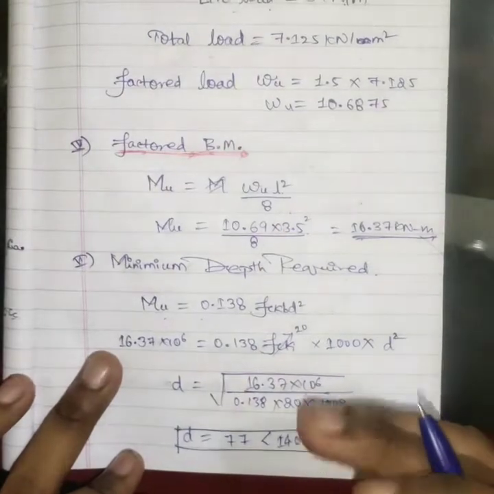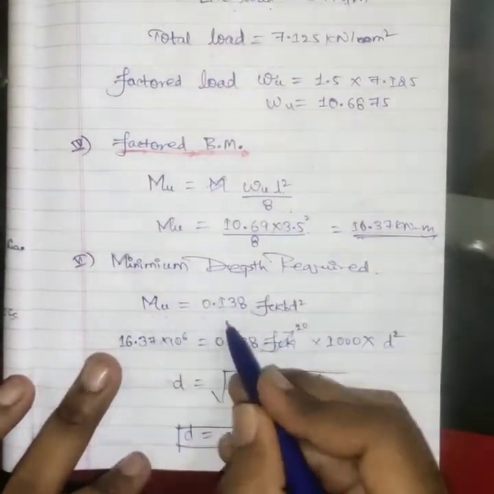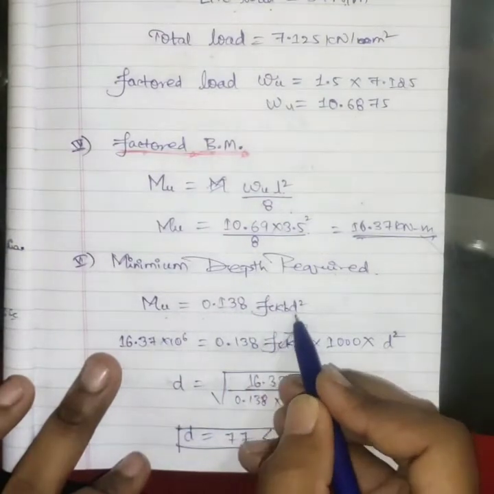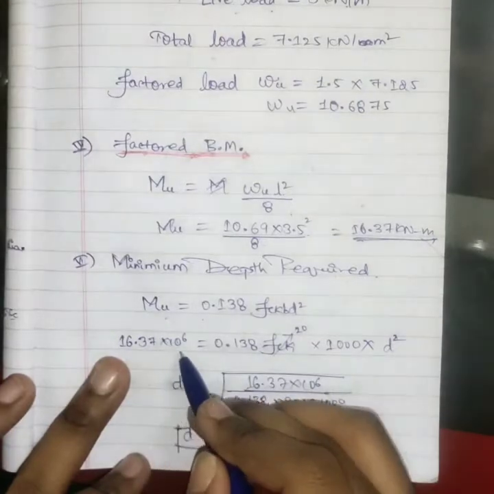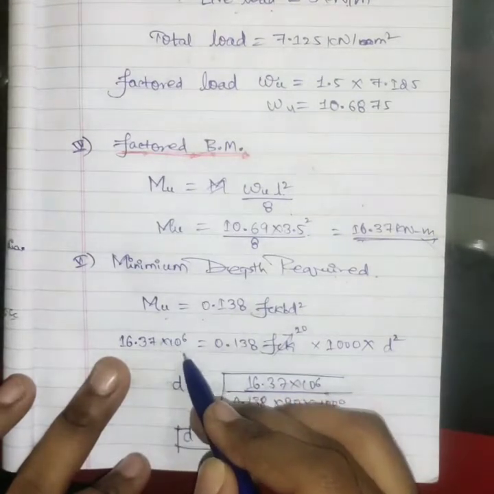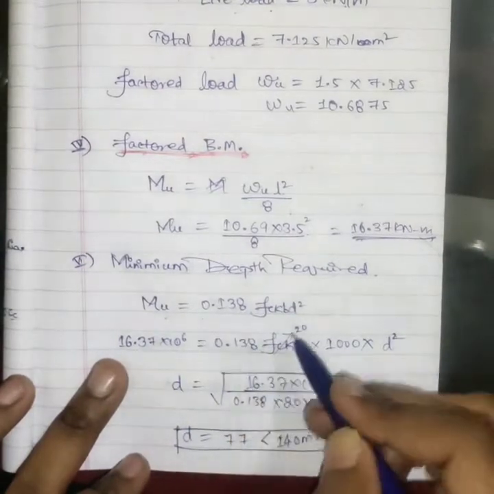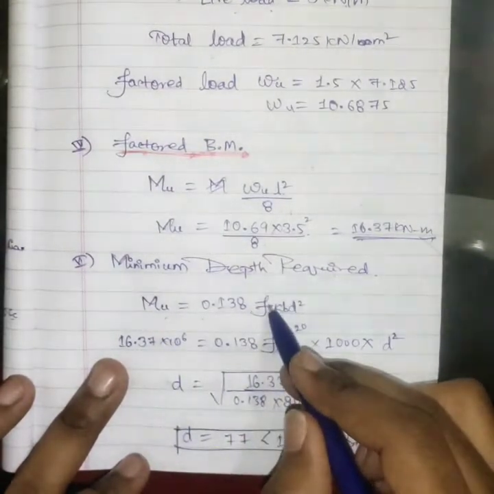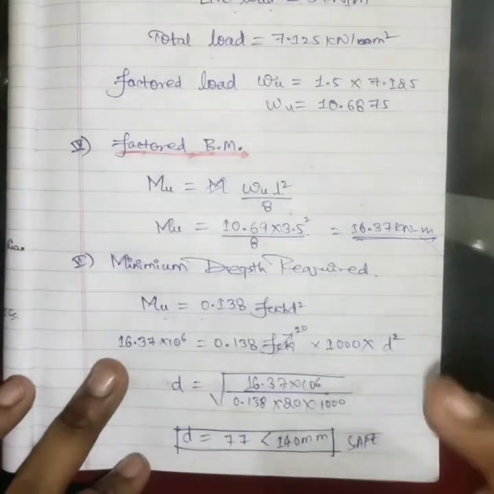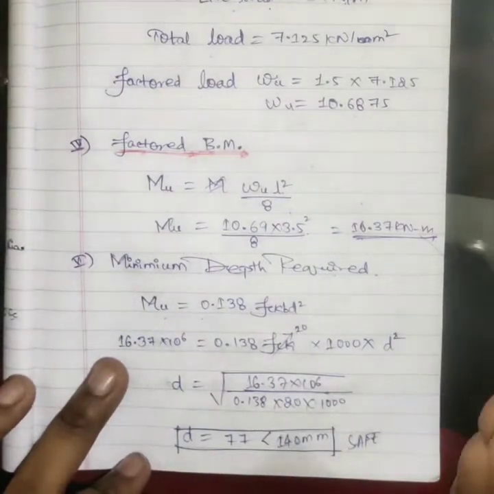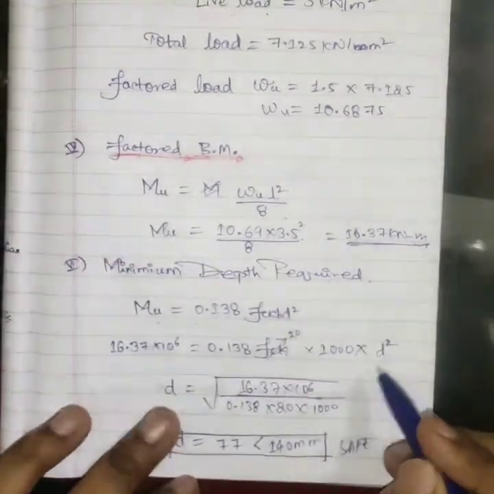So the minimum depth required formula is Mu is equal to 0.138 fck bd square. Mu is the bending moment, 16.38 into 10 raised to 6, in Newton mm. 0.138 as it is. fck is the characteristic strength of the concrete, 20, M20 grade of concrete. B we always take as 1000 mm, meaning 1 meter, and into d square. When we calculate all this, we get